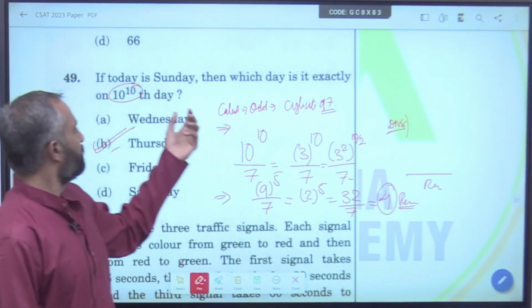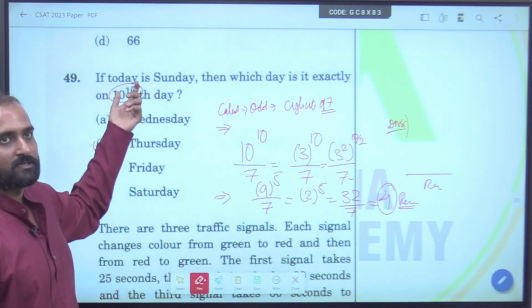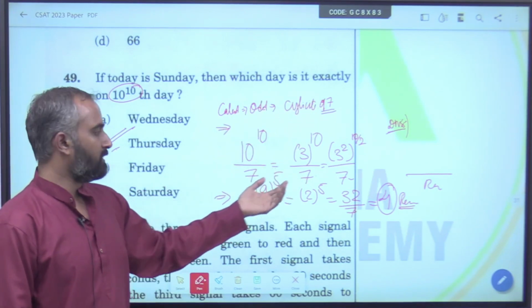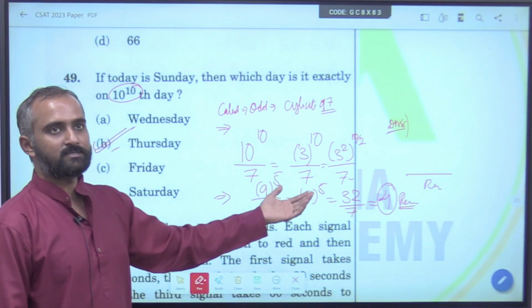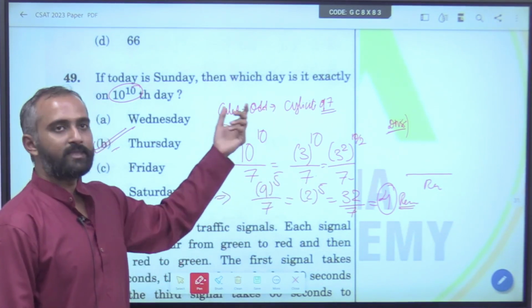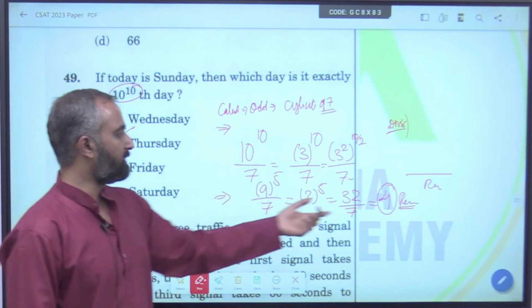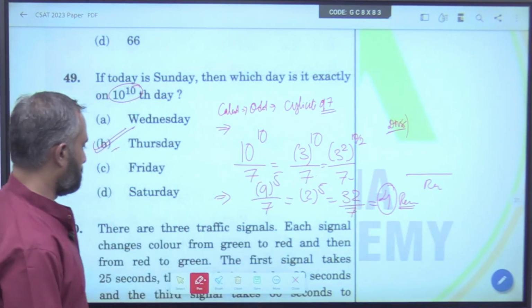Same, you might have got frightened by seeing this, but apply the basic cyclicity of 7 and remainder theorem. Nothing much more complex, just knowing the pattern of division and remainder, and there you have the answer. Next,